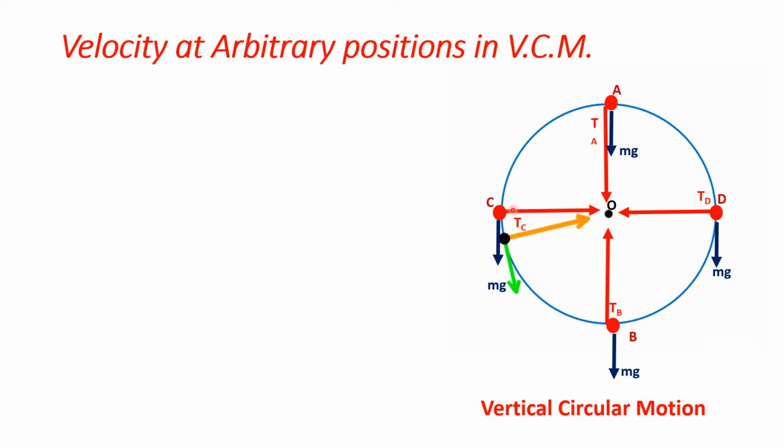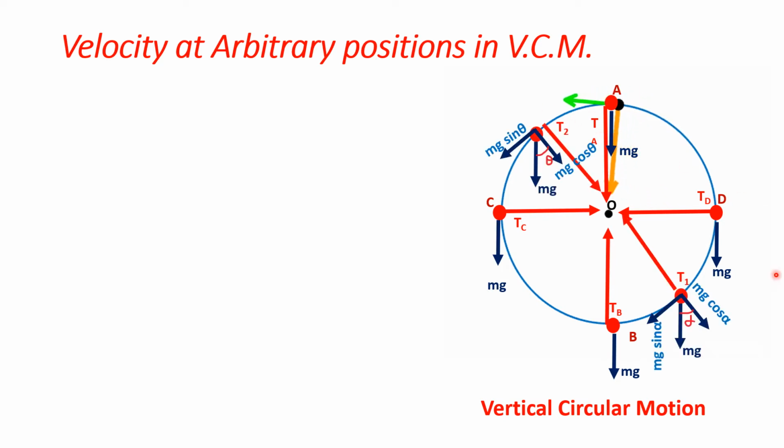At point C as well as at point D, the tension vectors are directed towards the center of the circular path, but the mg vector acts downward, and the tension vector and mg vector are perpendicular to each other. So if you consider any arbitrary position in vertical circular motion, we have to resolve the component mg